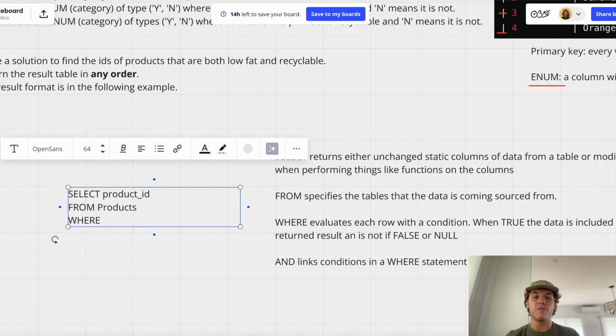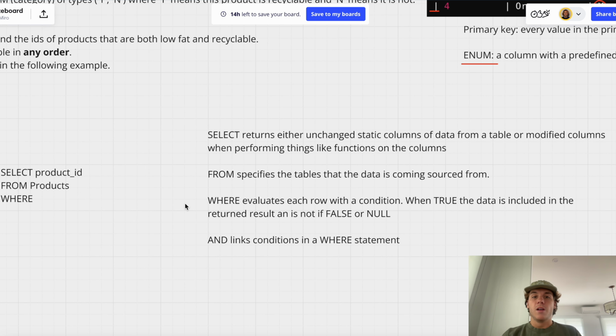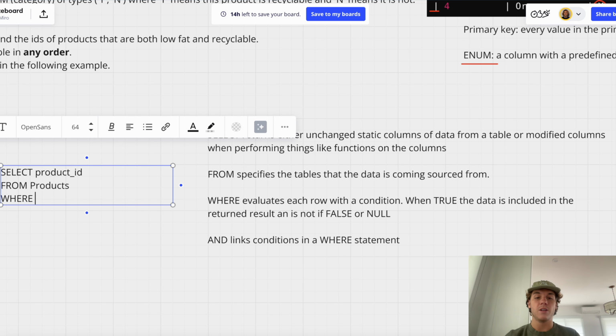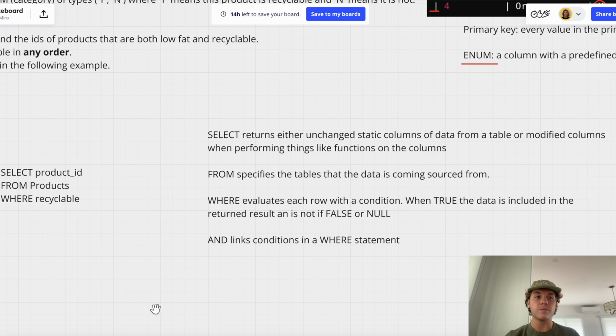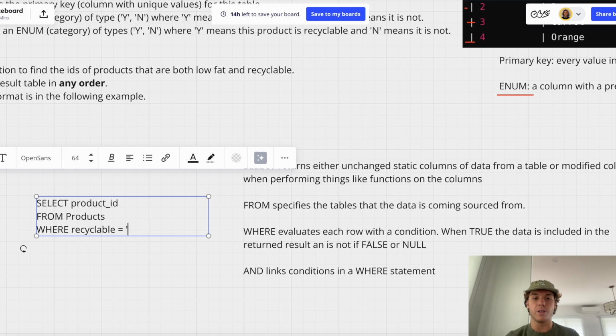The way you filter code is with a WHERE statement. A WHERE statement creates conditions and returns the row if it meets the conditions. If it's true, it returns it. If it's false or null, it doesn't return it. So here we have WHERE, let's say, recyclable, and recyclable needs to be equal to Y. So we'll go like this, recyclable = 'Y',